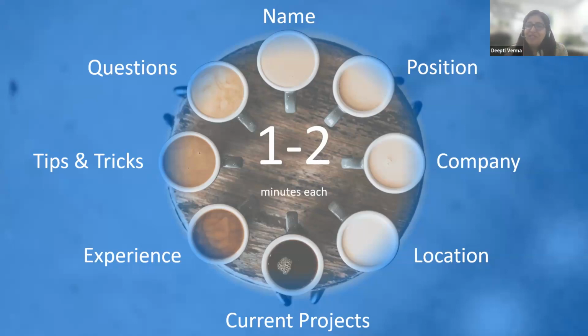Tips and tricks, I would say I'm a little new in this forte, only around 8-10 months I have been experiencing myself in talent development. But one thing I can say, purely from my industry aspect, and I feel this tip may be suitable for everyone, is that one shirt cannot fit everyone, and the same goes for learning and development as well. So in a company like ours, wherein we are hiring a lot of fresh engineers, we really want to concentrate on early career